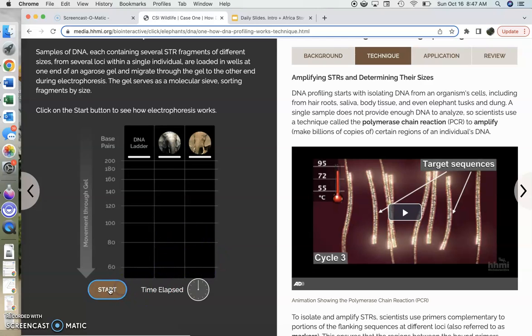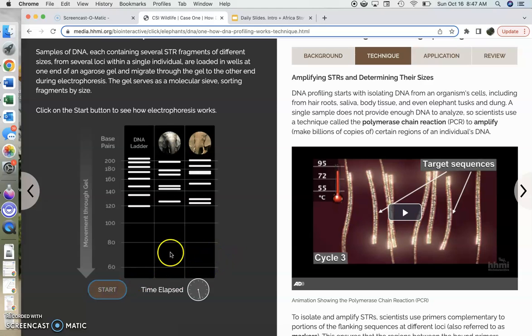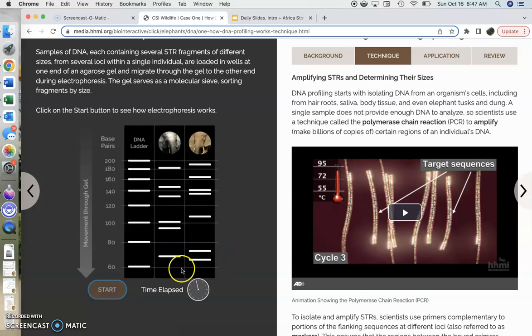I'm going to reset it. These are the short ones that move all the way down here because look how fast they move, and that's because they're smaller and they can get through the pores of the gel. And we can check ourselves because over here it tells us that down here this is 60 base pairs or 60 letters, and that means that this is a shorter segment of DNA down here. Okay, so